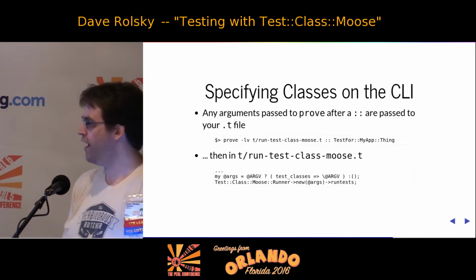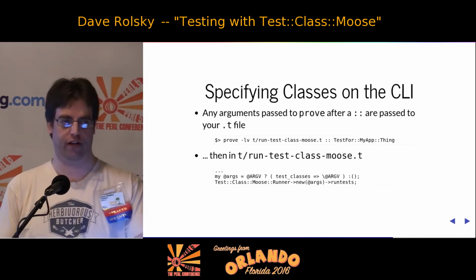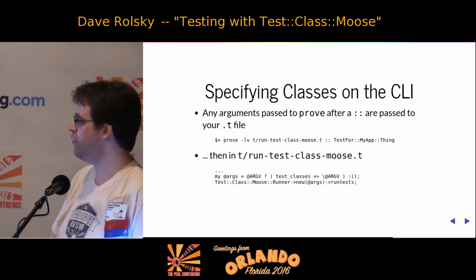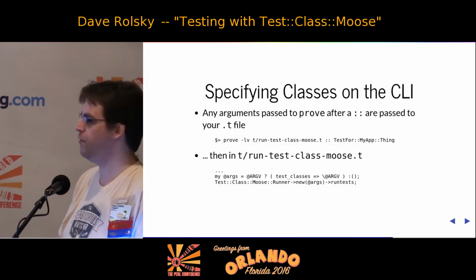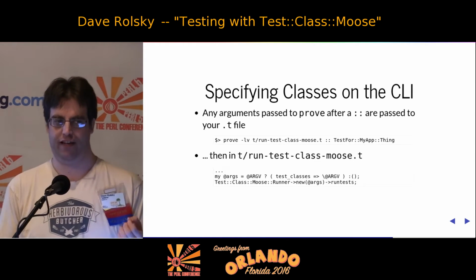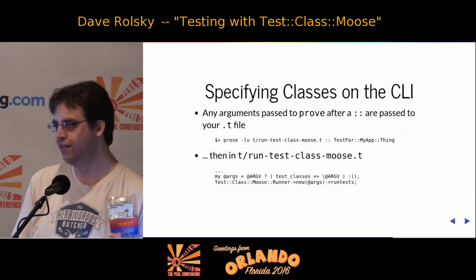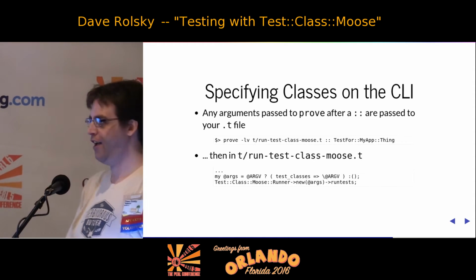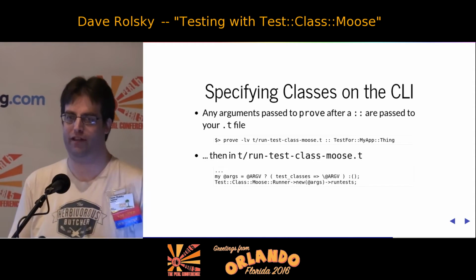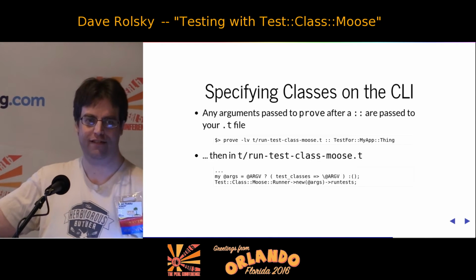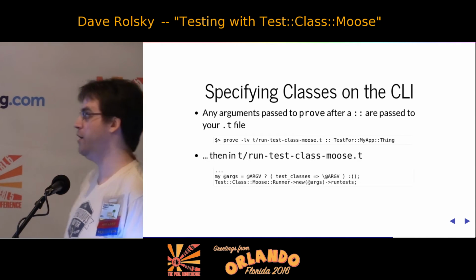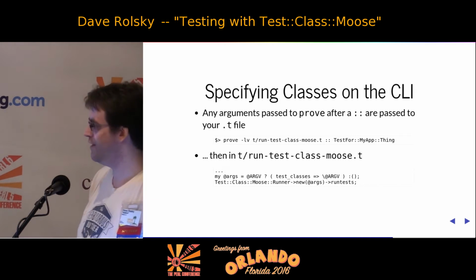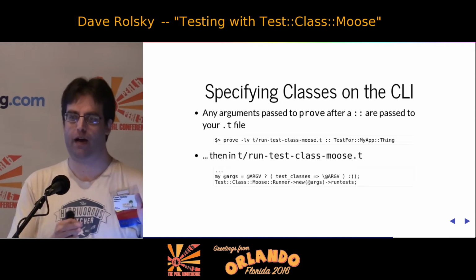You can also specify these things on the CLI if your .t file is designed to support that. So you write prove blah, blah, blah, and then this thing, which for some reason is called an Aristotle, not Aristotle, but Aristotle with a D. I tried to figure out where this term comes from, and the only references I can find are to this. So I don't know. Anyway, any of the arguments after these two colons will not be seen by prove, but